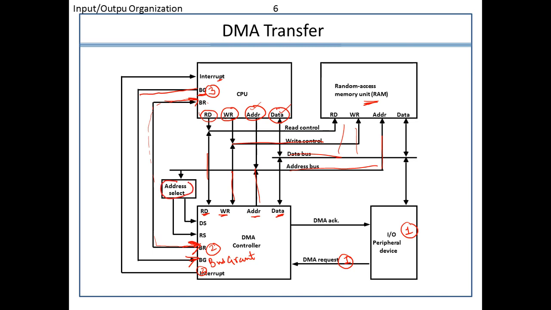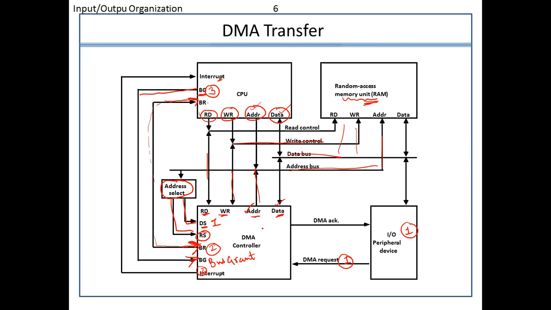There is an address select present here just to depict which address is to be selected and which particular data is to be selected. This is attached with the DMA select, so it should always be one, and the register select is another, which selects which register, whether it could be the data register or the address register and so on. Accordingly, the values present here, the read and write, the address value and the data line, will have direct access to the main memory. So this is how the entire operation will take place.